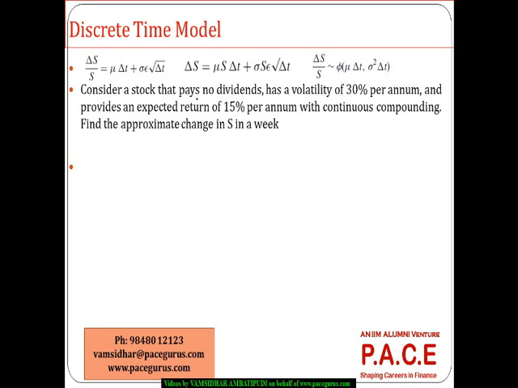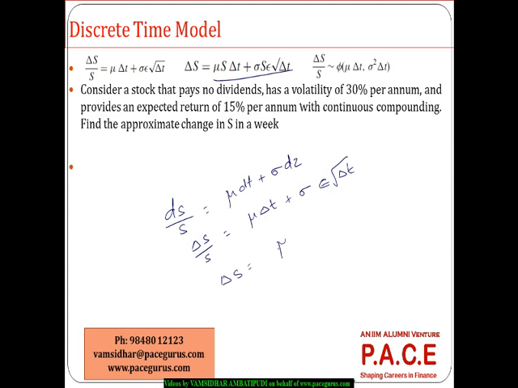So the same thing, if I am expressing it in discrete form, you know it. Now dS by S is following mu dt plus sigma dz. Now I'll take it in discrete form: delta S by S is mu delta t plus sigma delta z. Delta z we have already taken as epsilon times square root of delta t. So from here I know delta S is nothing but S times this, which is mu S delta t